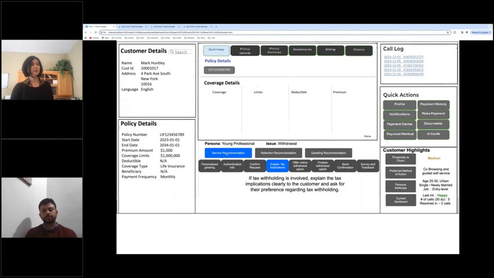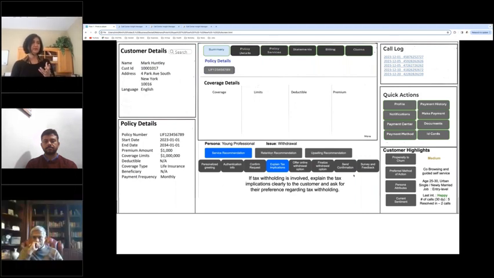What happens is, in the back end, where I was showing you all the horizontal layers, there are different steps to resolution. The agent action model derives a resolution score for each of these steps, and then is able to call out those steps that have a resolution score higher than a threshold. That's how it is able to combine a number of steps that the agent should follow to resolve a particular issue for a persona and issue combination, right? Those steps that the model recommends are the ones that come and sit here under service recommendation.